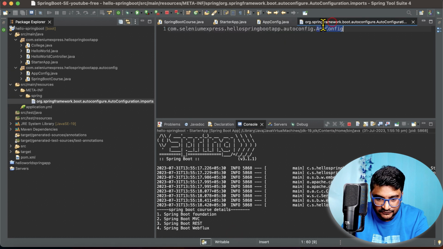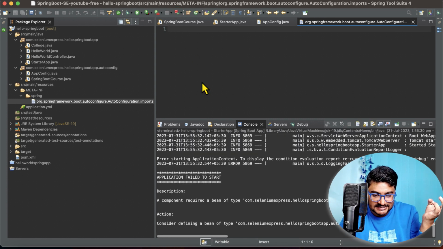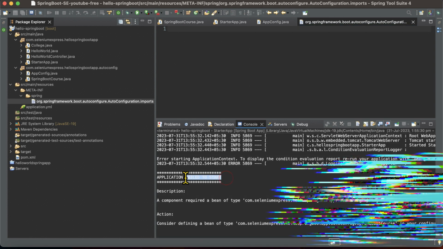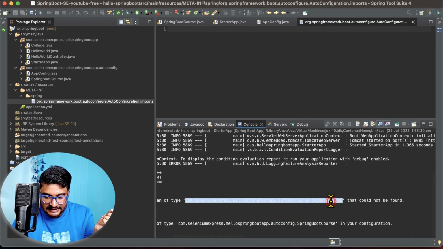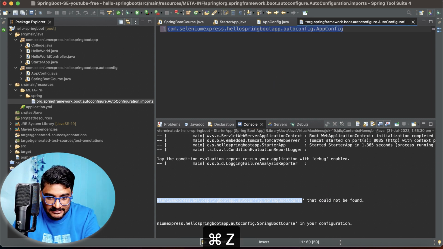But if you go to this file and remove the auto configuration that you have defined over here, now if you launch it, that auto configuration file will not be triggered. See, now it has failed to start, and it is saying that it needs a bean defined. So I have to define the entry to my auto configuration file in this particular file that I have,